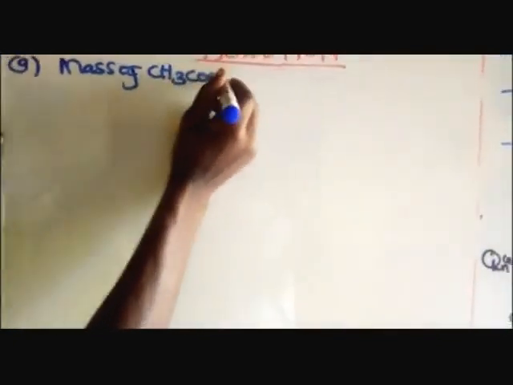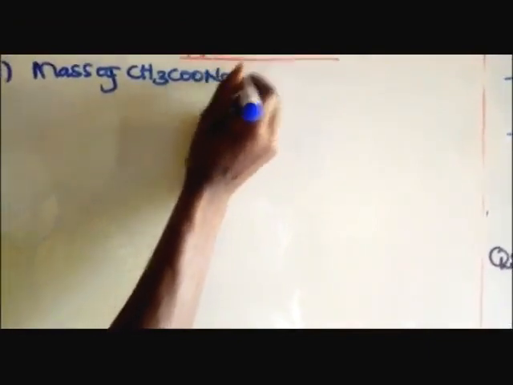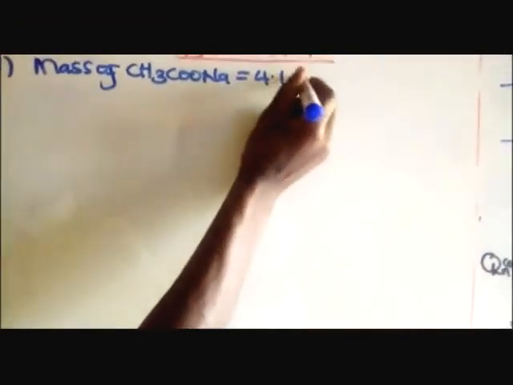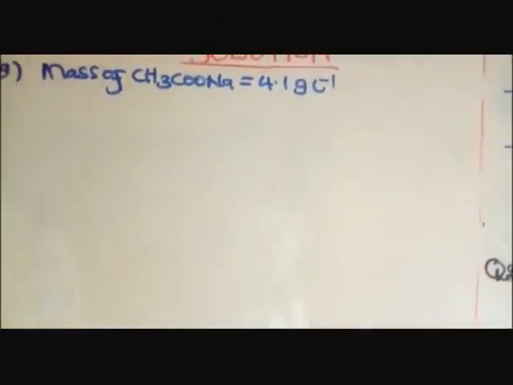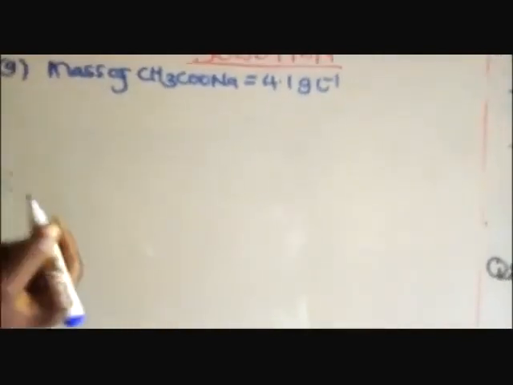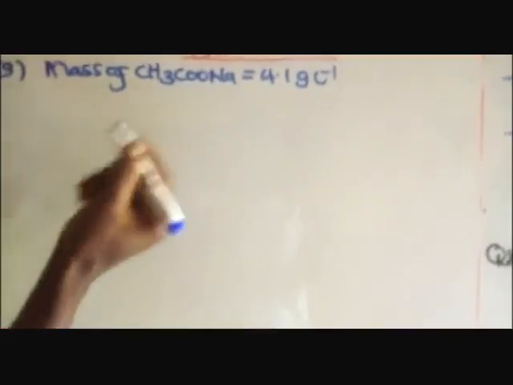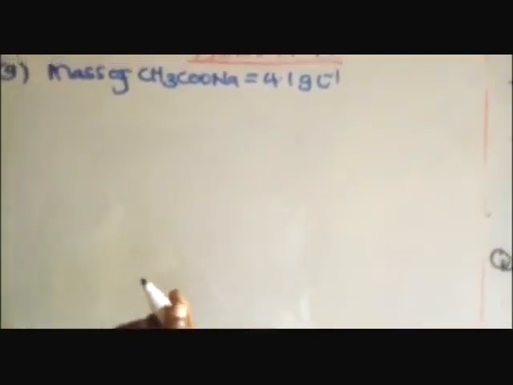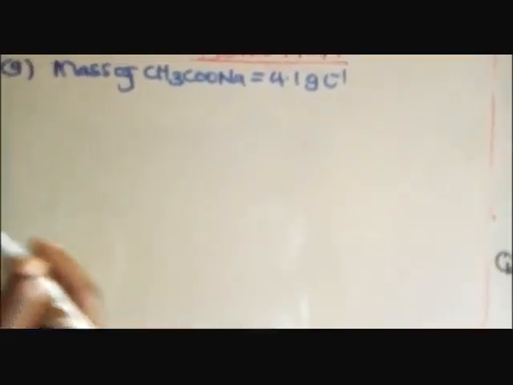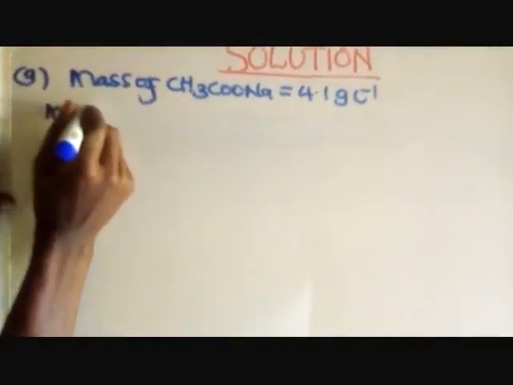Part A, the beginning point, they have given us mass. When you look at the question, they have given us the mass of sodium ethanoate, which is equivalent to 4.1 grams per liter. And then in the beginning point, we are going to find moles of sodium ethanoate. So how can we find moles of sodium ethanoate? That is by computing the molar mass. We find our molar mass of the sodium ethanoate.